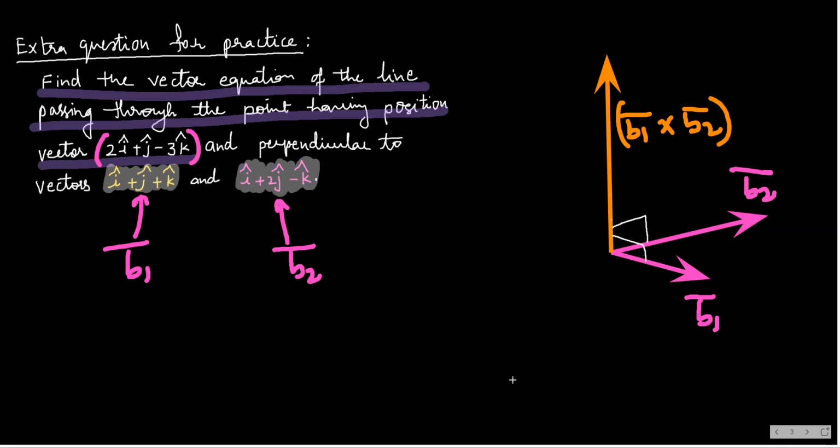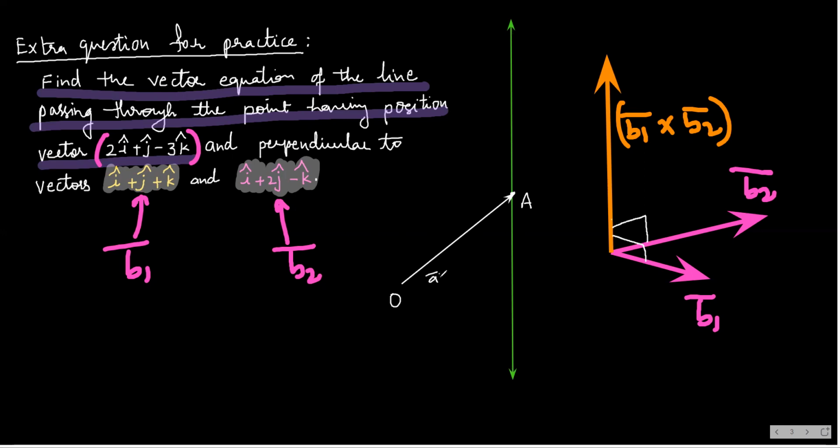So the required line would be in this direction. What more have they given? They give us the position vector of a point on the line. So I will take that point as A. This time I'm not given the coordinates of A. Instead, I'm given the position vector of point A. It means somewhere I will have the origin for sure. Somewhere there is origin. So here I have O, and what they give me is this vector.